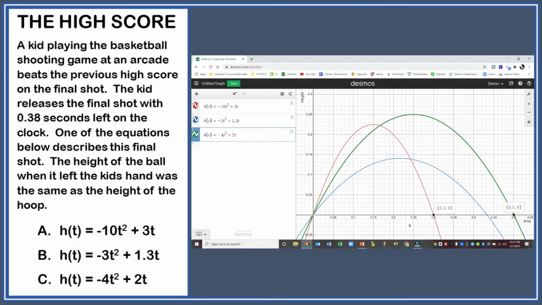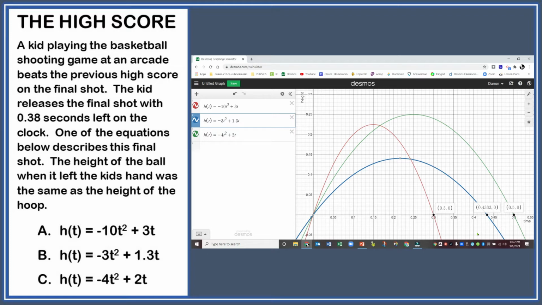And if we were using graph paper, it would be very hard for us to estimate the right value of x, or the time in this problem. But since we're using technology, since we have the Desmos graphing calculator, we can just click on that x-intercept and it will tell us that that's 0.4333, 0. It says in the problem that the ball left the kid's hand when there was 0.38 seconds left